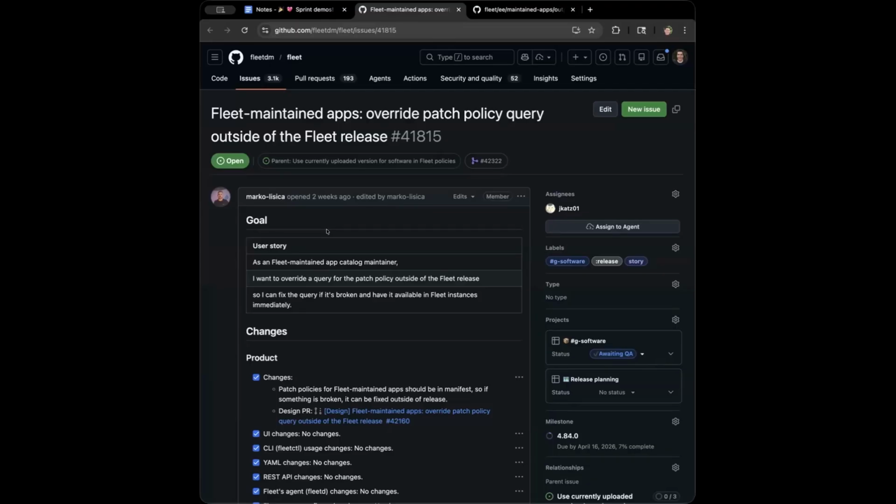that we've had since last year on Fleet Maintained Apps v2, which we launched concurrent with Fleet Maintained Apps for Windows. The big draw of this is there are cases across our app library where we need to make minor tweaks to some of these installation queries to make sure that they don't false positive or false negative, particularly on